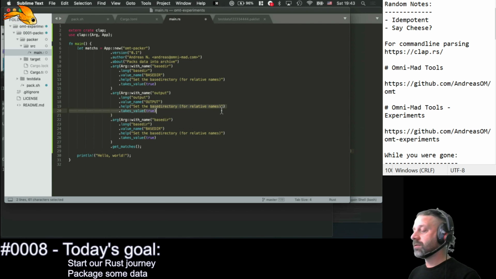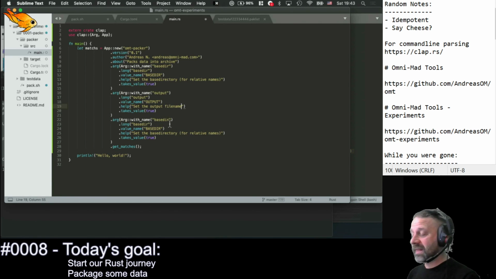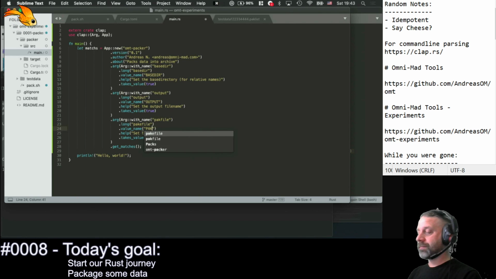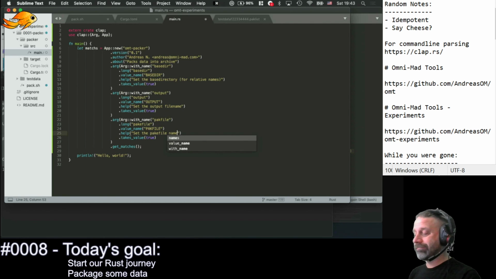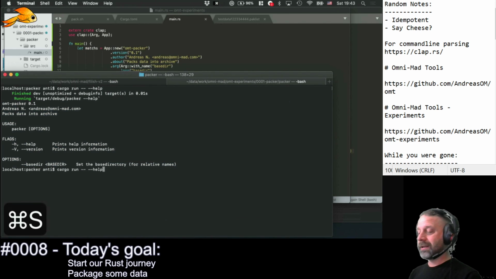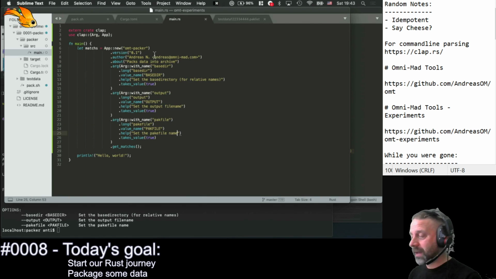Set the output file name, and then we have the pack file. It's kind of a bit much, but the nice thing is, look, oh, it's not pack file,